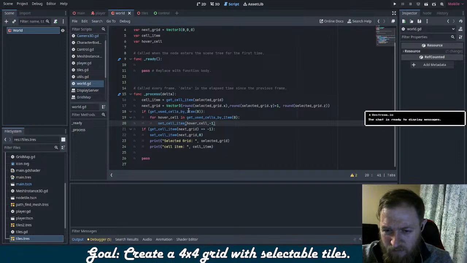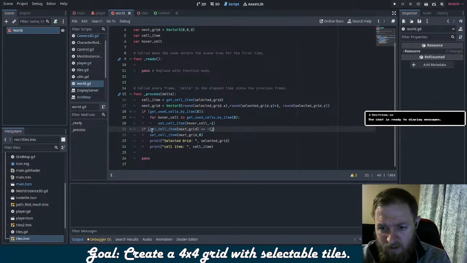If get used cells by item is this, clear it, good. If the box above me is clear, add this thing. Might have to add an and here. If that's -1,